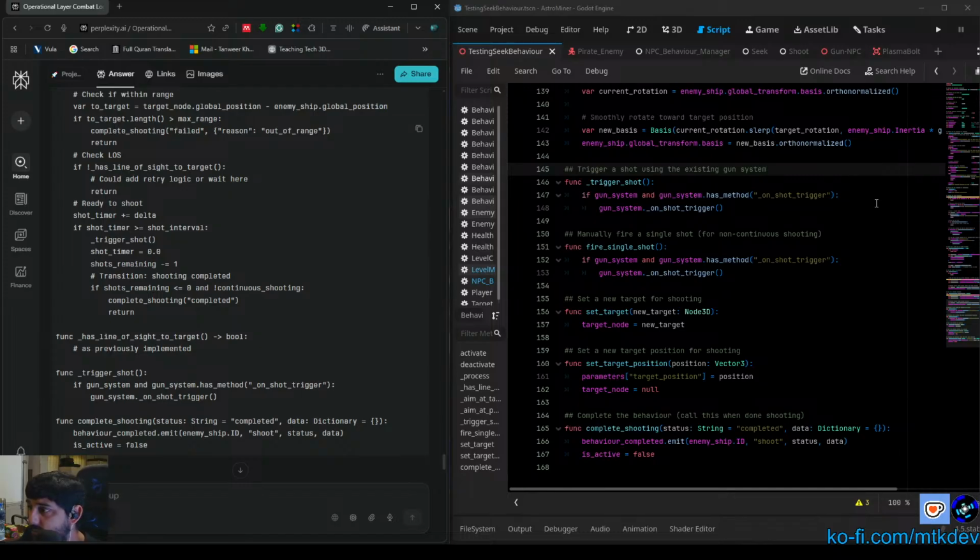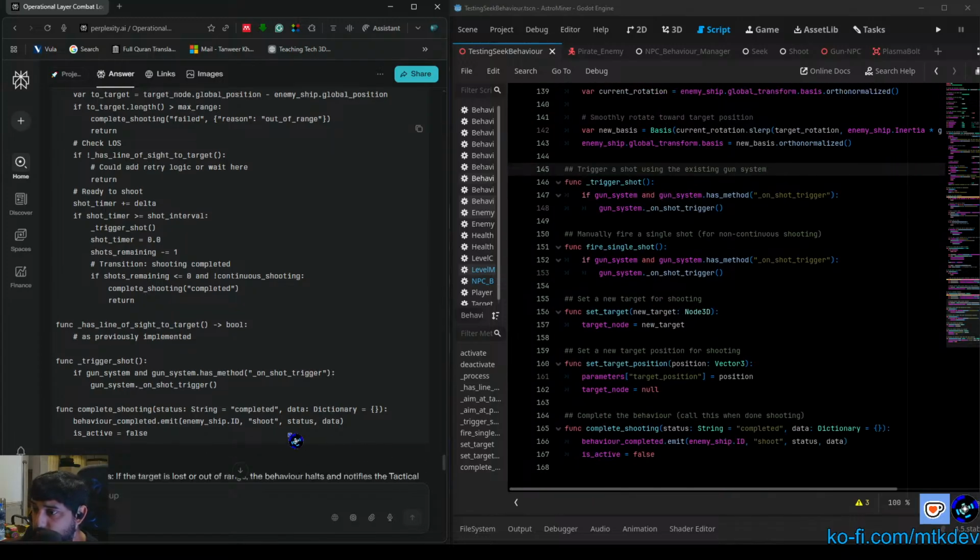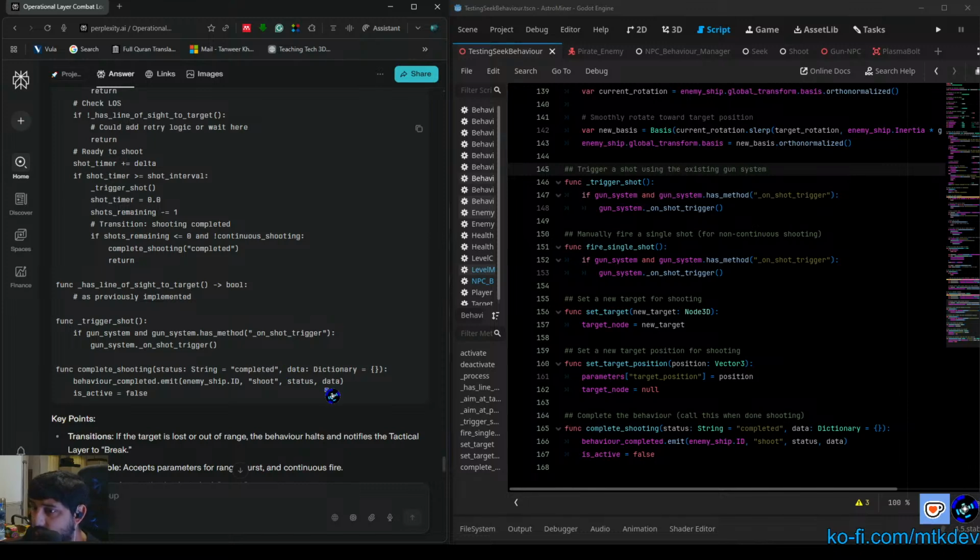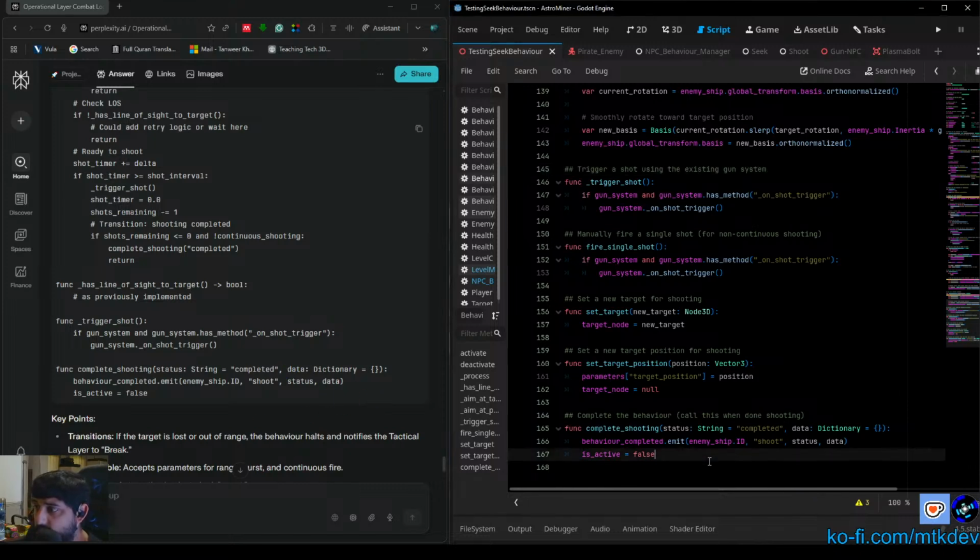And complete shooting here. Behavior completed dot emit enemy ship ID shoot status data, set is active to false. So it's missing some of the functions, but I think it's because they are supposed to be as they are with no changes. But anyway, I think